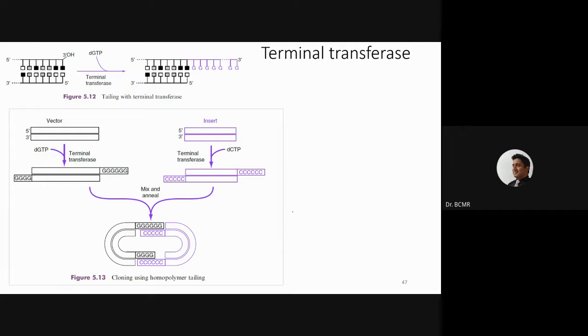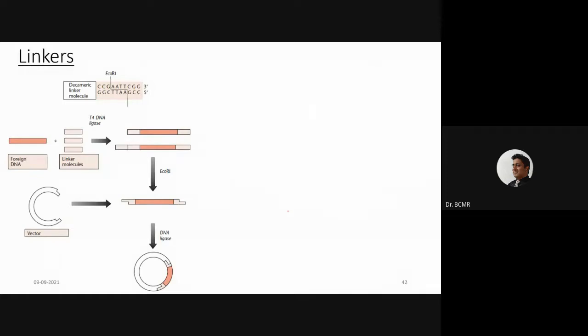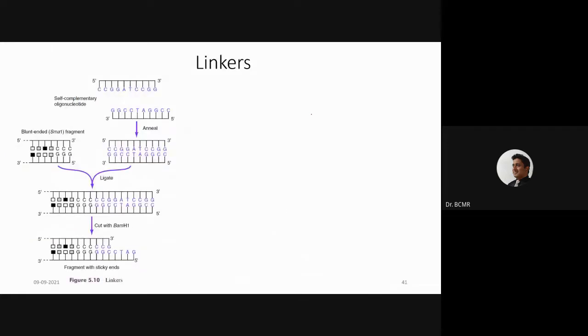In the last class we discussed linkers and adapters. We discussed that linkers are double-stranded oligonucleotides. That means you make one single strand at a time, and then you anneal them, and that becomes a double-stranded linker. The linker has a complete restriction site, and also some additional bases